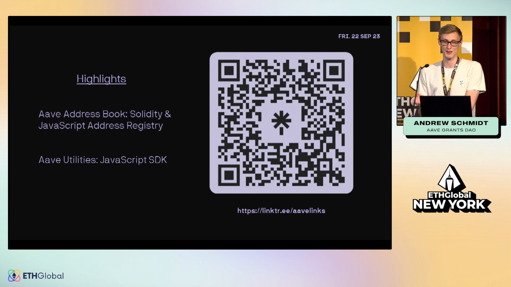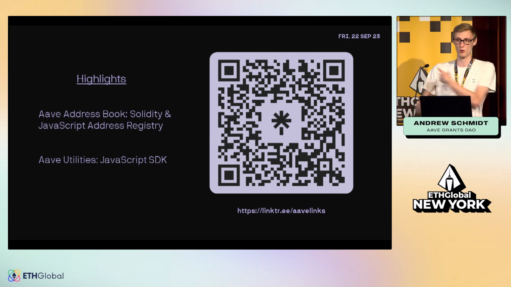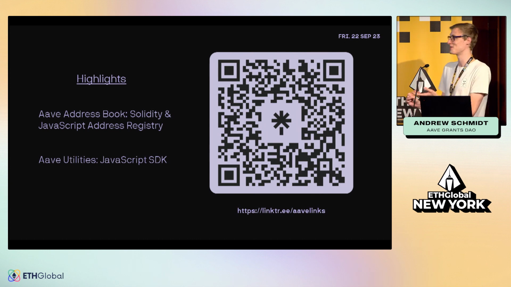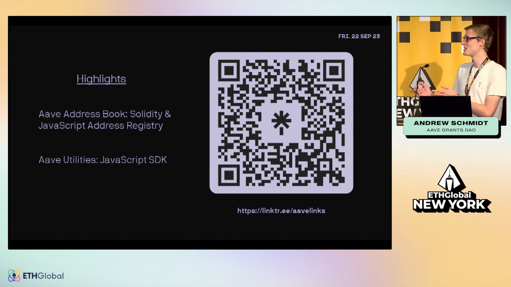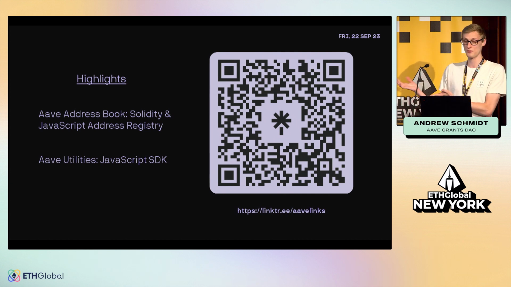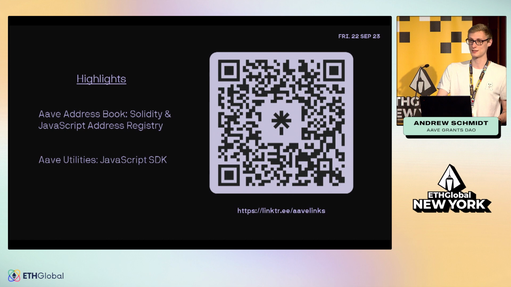And then second is the Aave Utilities SDK. This SDK has two main functions. The first one is to read data from the protocol, so querying on-chain. And the second is it provides very useful methods for actually submitting transactions. So instead of having to find ABIs, find these contract methods, this provides a very streamlined example for how to do that. And lastly, I'll mention for both of these, you can actually refer to the open source Aave code base. It uses both of these and is also just a great reference for how to actually interact with the Aave protocol. And yeah, with that, that is the end of the presentation.